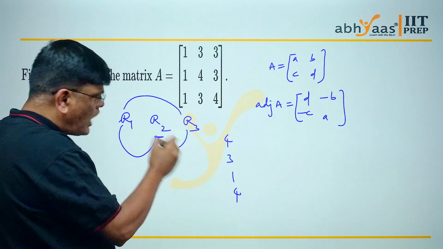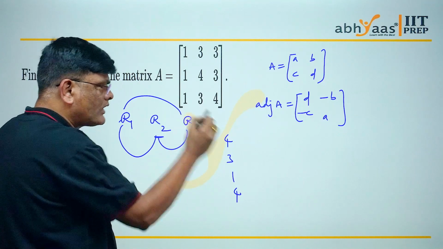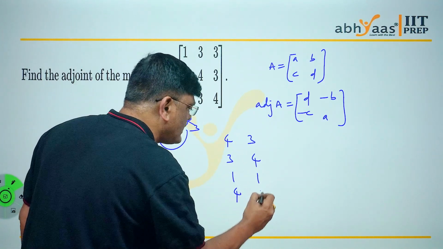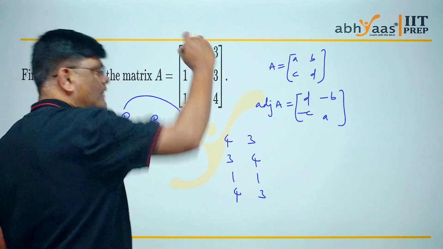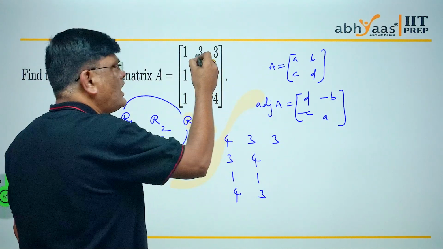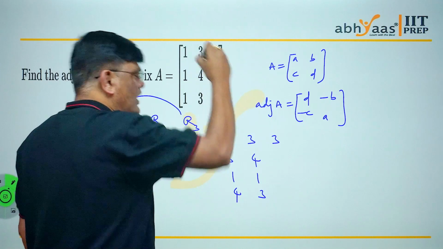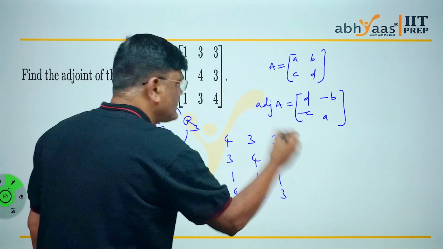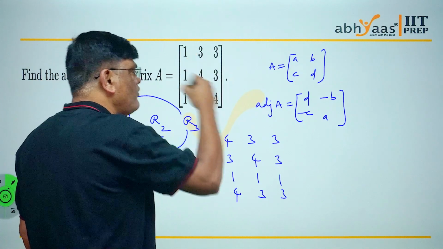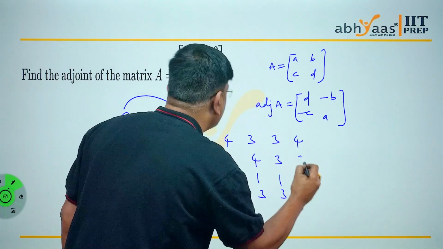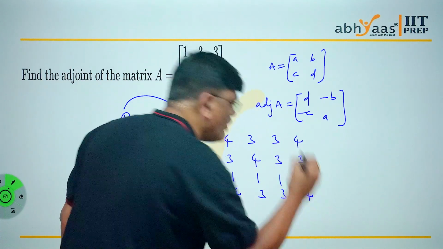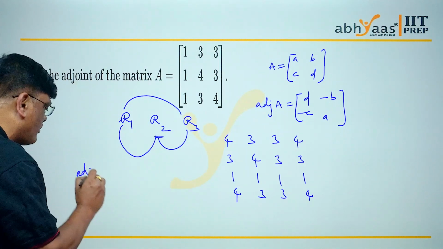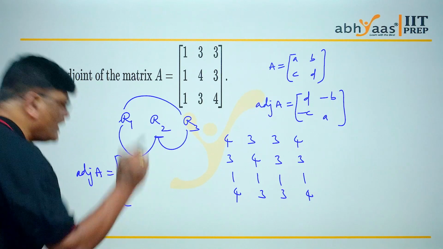Next I will move to R3. After R2, R3, with the same procedure: 3, 4, 1, 3. Next I will move to R1. Here also the same: 3, 3, 1, 3. Again R2, that means 4, 3, 1, 4. So this is the structure. Now from this structure, the adjoint of this matrix is given by